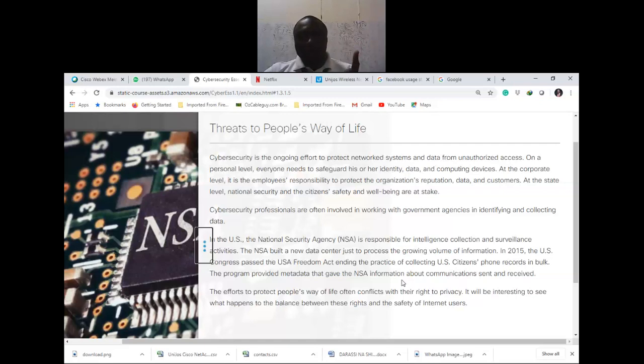So on a personal level, everyone needs to safeguard his or her identity, data and computing services. At the corporate level, it is the employee's responsibility to protect the organization's reputation, data, and customers. At the state level, national security and the citizens' safety and well-being are at stake. So you see, you and I have a very big responsibility when it comes to protecting data, on your phone, on your laptop, on the desktop you use in your organizations,